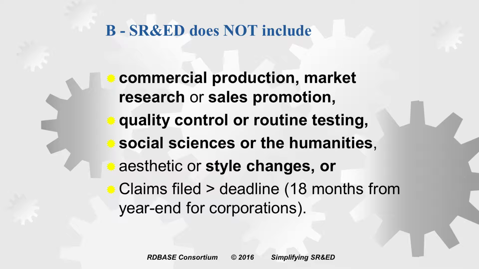Okay? We'll talk about social sciences and humanities, and then we'll illustrate something, an aesthetic or a style change. And this is very important. An aesthetic or a style change is a change in something that's not measurable. So if I say I'd like this wall to be greener or lighter or prettier, something that involves value judgments or subjectivity is generally not seen to be scientific.